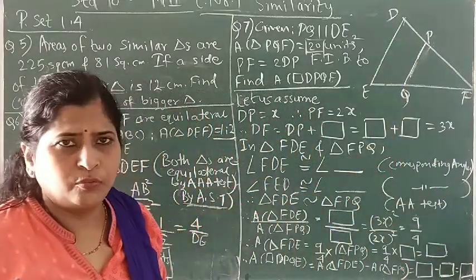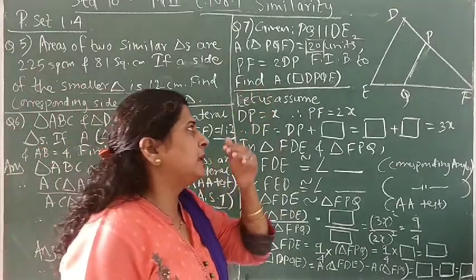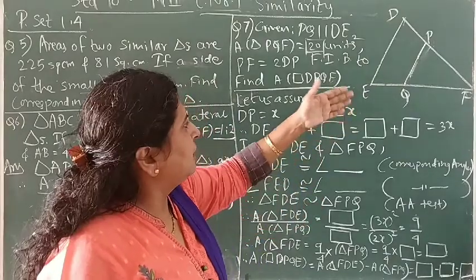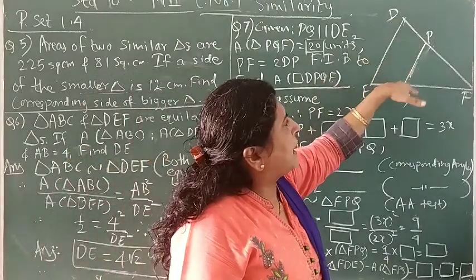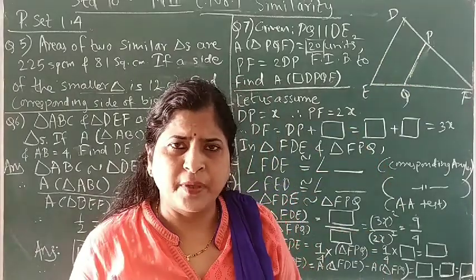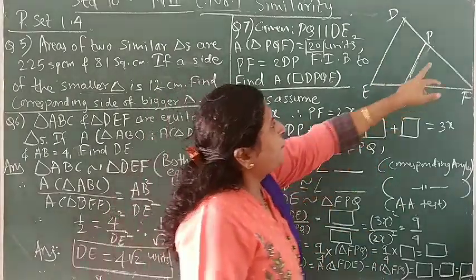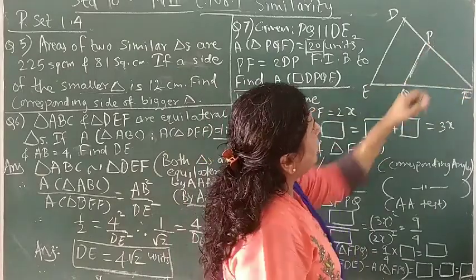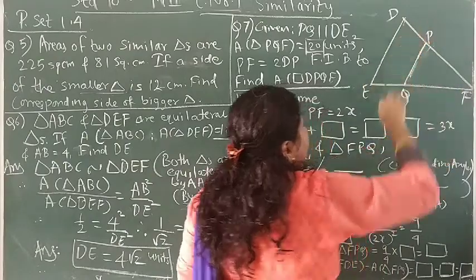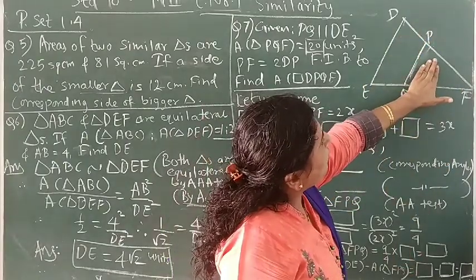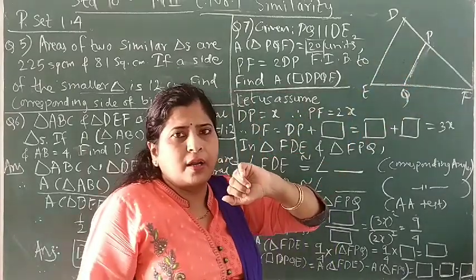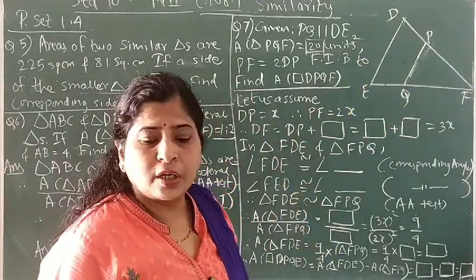Now we don't have any specific type of quadrilateral. Yes, it is surely parallel, so we can say trapezium. But we do not know anything about the parallel sides or their heights, so we cannot use the formula to find the area of a trapezium. But what we can do, if we have been given the area of this smaller triangle and if we can find the area of the bigger triangle DEF, then we can subtract the area of the smaller triangle from the area of the bigger triangle and the remaining part will be this quadrilateral. By this method we can surely do it.